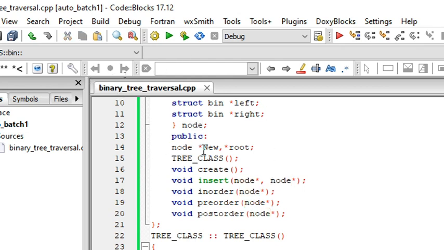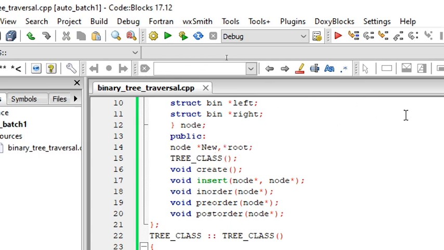First, I'm giving some name for the structure. So I'm using node. For this node, the names which I'm giving are new and root. These are the two new names I am assigning for the tree structure. So if I am creating new, it will automatically be created with 3 partitions. If I am saying root, automatically 3 partitions will be created. But I haven't created any dynamic memory allocation till now. Just assigning names to the node.